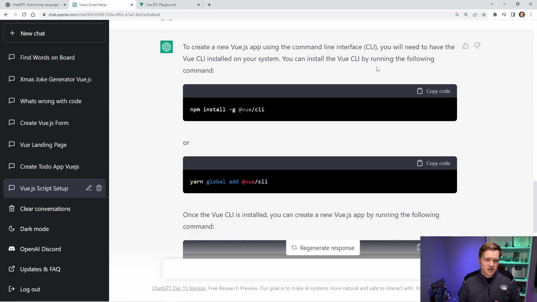So that was a little disappointing. I'm sure maybe if I would have been very, very specific in the command line and told it to create it a certain way, maybe it would have known how to generate those different types of apps. But for the purposes of this demo and this video, all the examples are going to use this Vue CLI. But certainly if you're following along, you can swap that out with whatever you want.